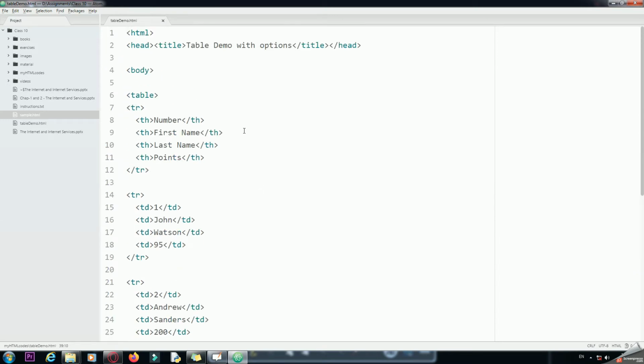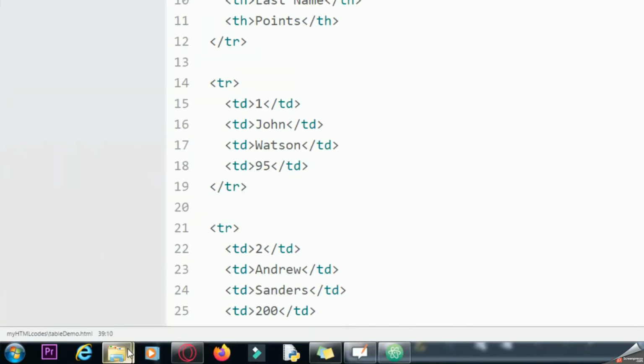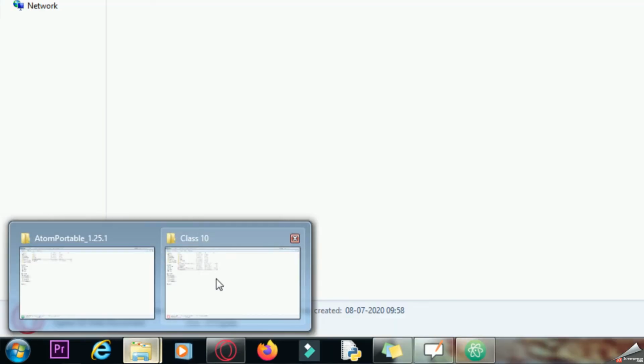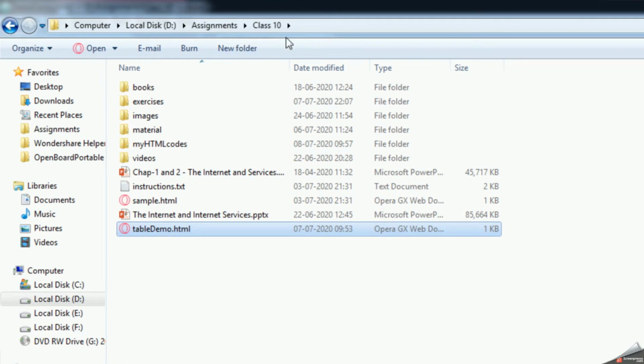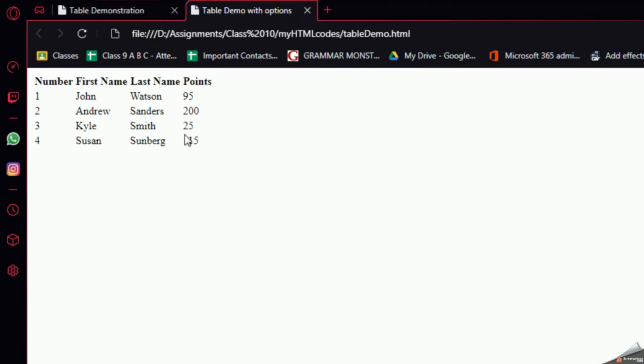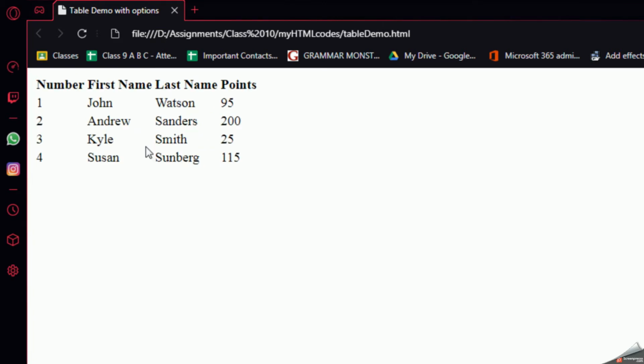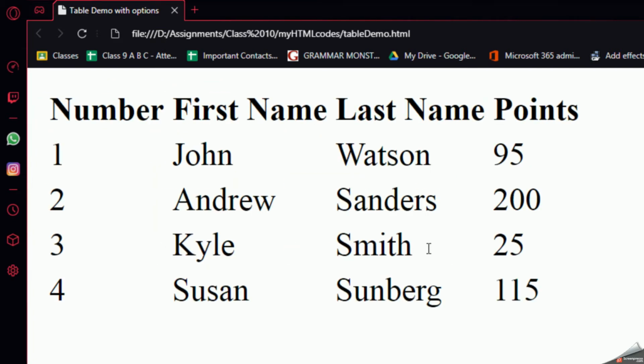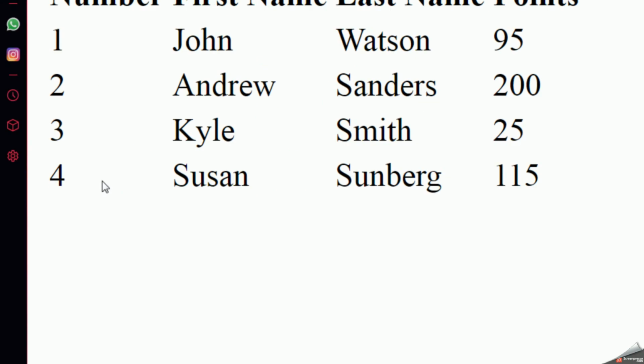Let us save this and view it on the browser. So we will go back to our document. First we'll go back to our folder. That is, my folder is this, class 10th, and within that I had created a new folder by the name myhtml code. So I'll double click this. So we have this table here. Now we open this. You can see that this is the original view. I'm just going to increase its magnification, so you can see that the table has been created, but there are no grid lines or the border line in the table.